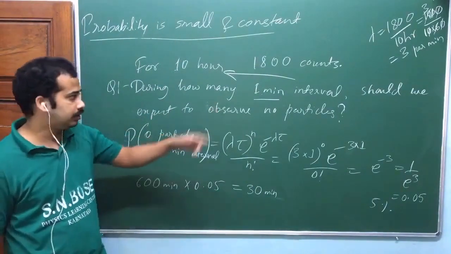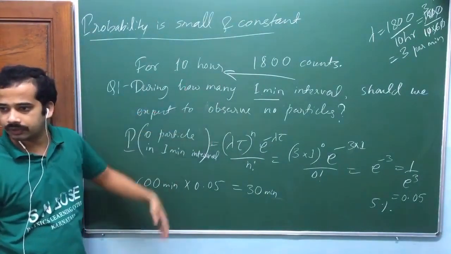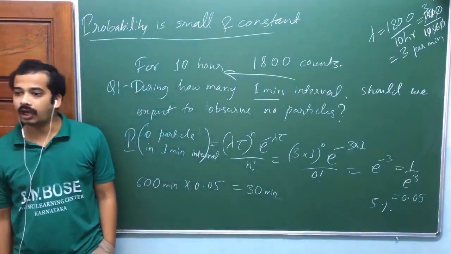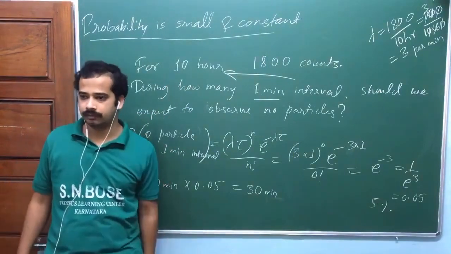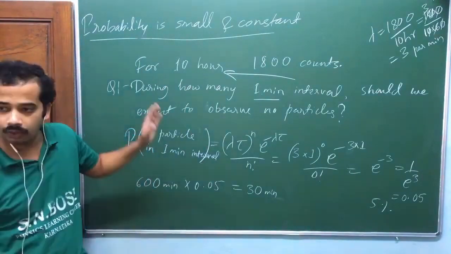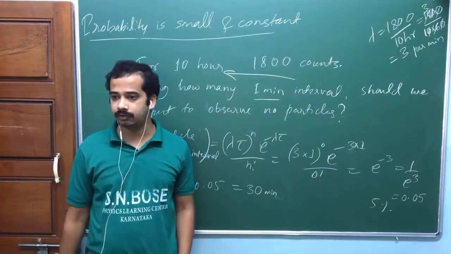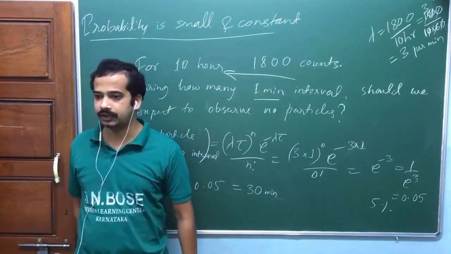In the case of radioactive decay, counts or whatever he is talking about from a radioactive substance, you have to take care that your half-life should be very large and this time span should be very small. If the time span is nearly equal to the half-life, over some time your probability of emission will change. That should be very random only. It should not be governed by any nature.